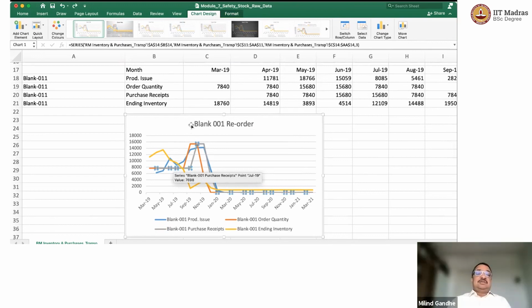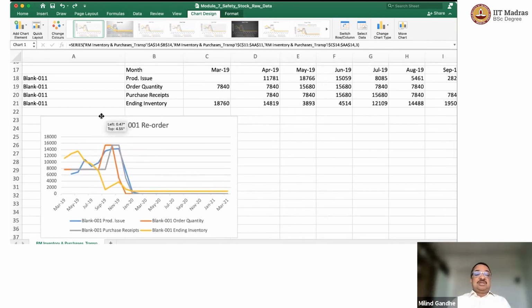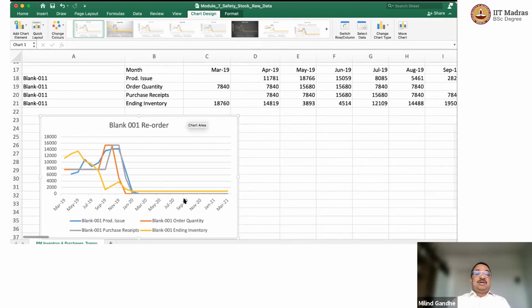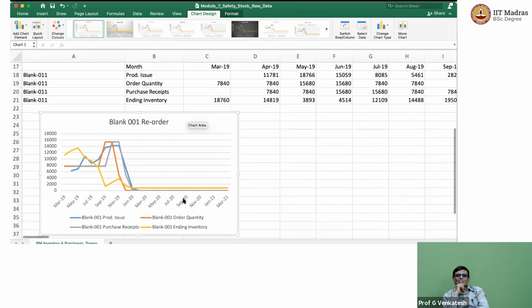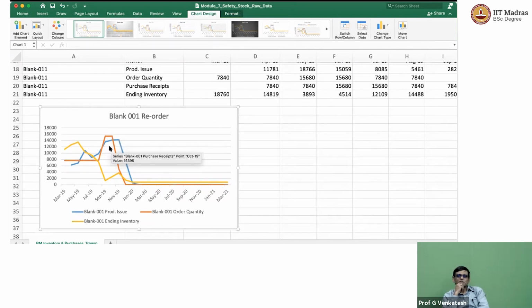Okay. Shall we also plot the other one? Because I think the other one will give us something a little bit more interesting because it doesn't go to 0. What happened? I thought you deleted purchase receipt. Which purchase receipts? I thought you wanted it back. No, delete it. We don't want purchase receipts, because that is not telling us much, I think.